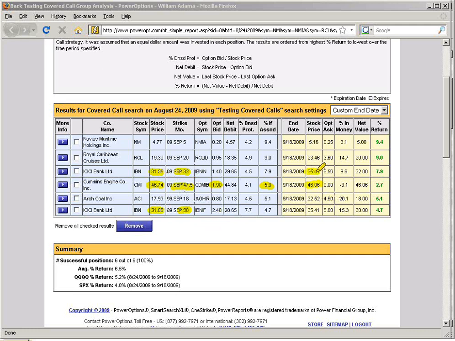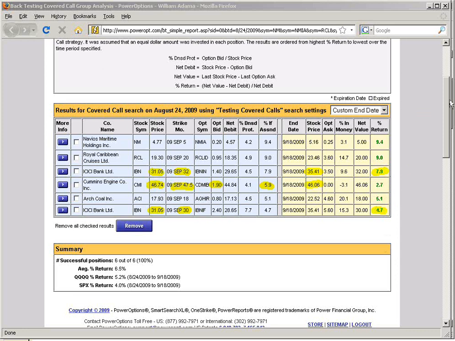Well, the stock ended at 35.41. So the stock had a nice 11 to 12% move. The slightly out of the money one would have been a better call just monetarily. We probably would have only entered one of these positions. But if we wanted to be more protective, the less in the money, the 4.7, would have worked out